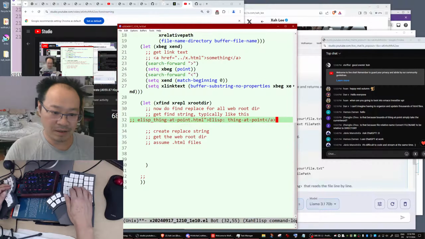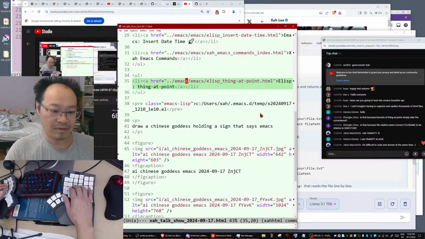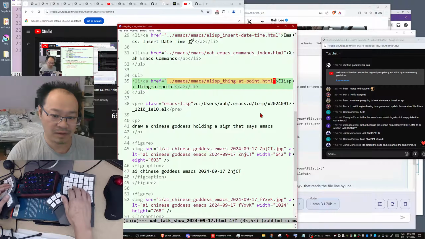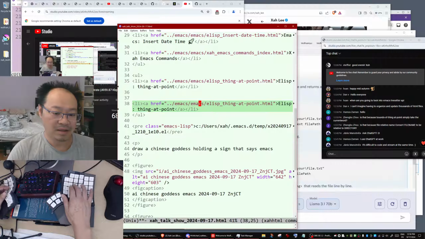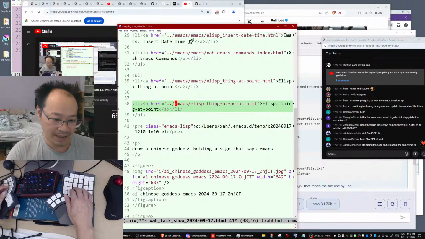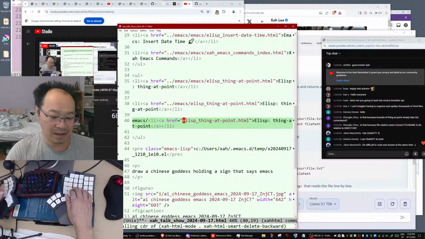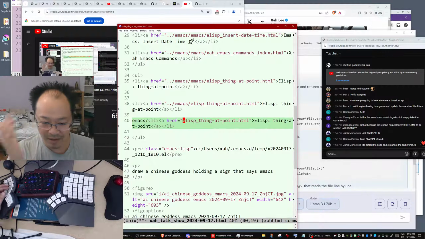You cannot use the full path because the relative path will be different depending on which file links to it. For example, in another directory it could be like that, and in another directory like that. So you need to get all these possibilities.